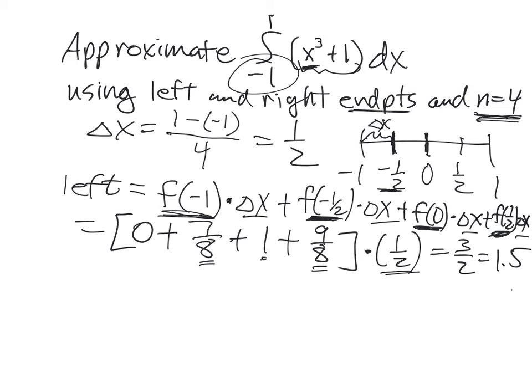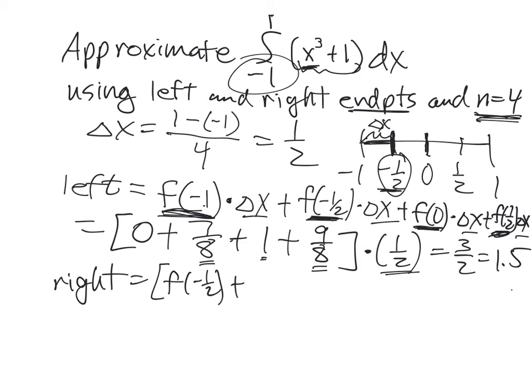Right endpoint, the only thing that would change, we would not start with f of -1, but we would start with f of -1/2, because that's the right endpoint of the first subinterval. Okay, I'll let you fill in there. We've done all the calculations except this very last one. So a lot of the same numbers are used, but